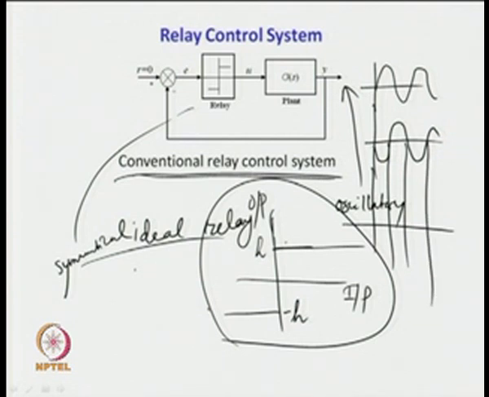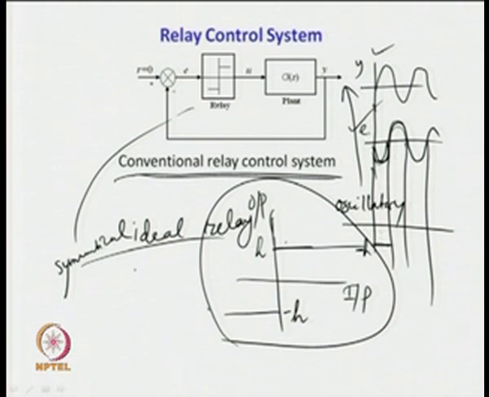For negative inputs, the output of the relay will be equal to some negative value which is minus h, and for positive input to the relay, when E is positive, this is E, this is Y. So, when the output is sustained oscillatory, the form of the E can be given in this form,